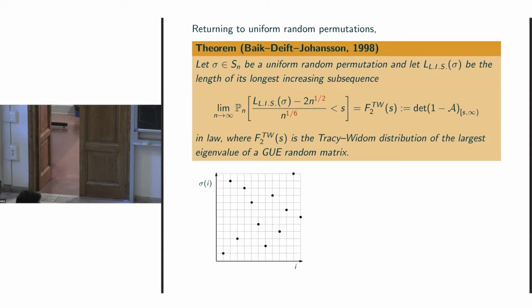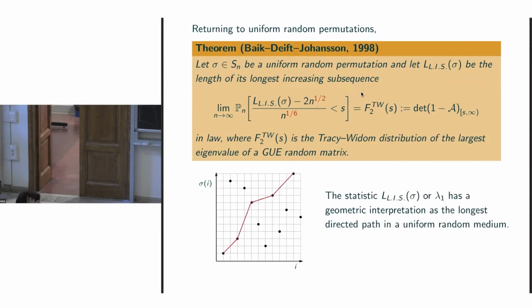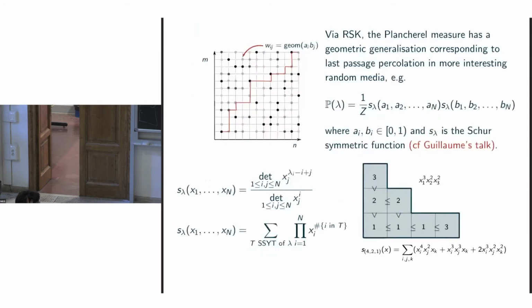And then the longest increasing subsequence, that data by the Robinson-Schensted bijection in this case is just the first part of the shape of the tableau that it outputs. So the statistics for the first part of a Plancherel random partition just give you the statistics for the longest path in some kind of uniform random media. This is the simplest case, and the